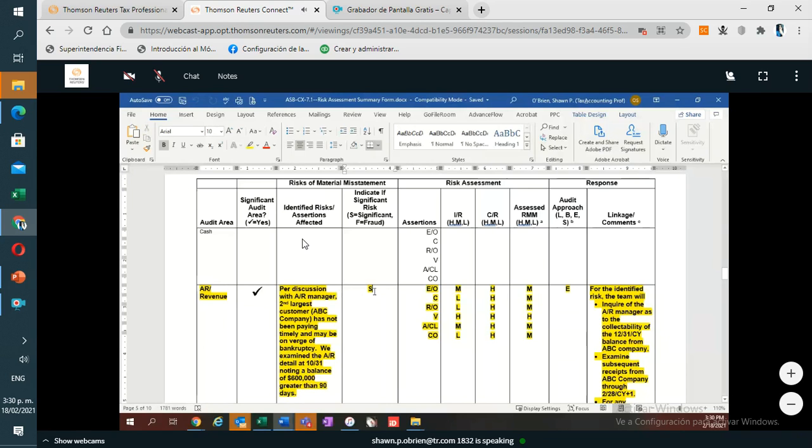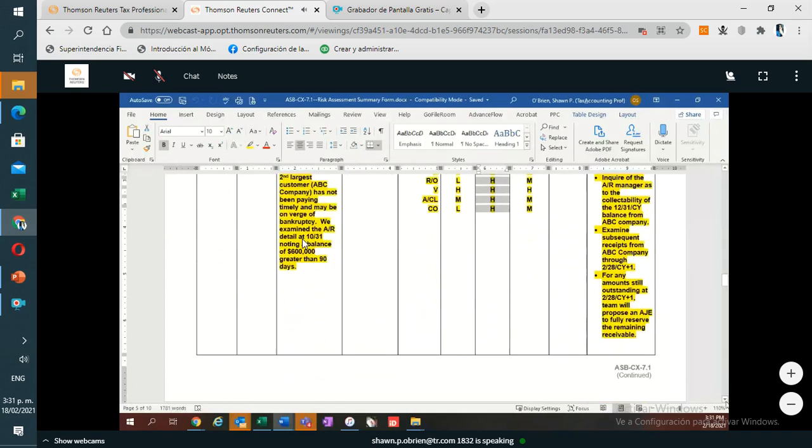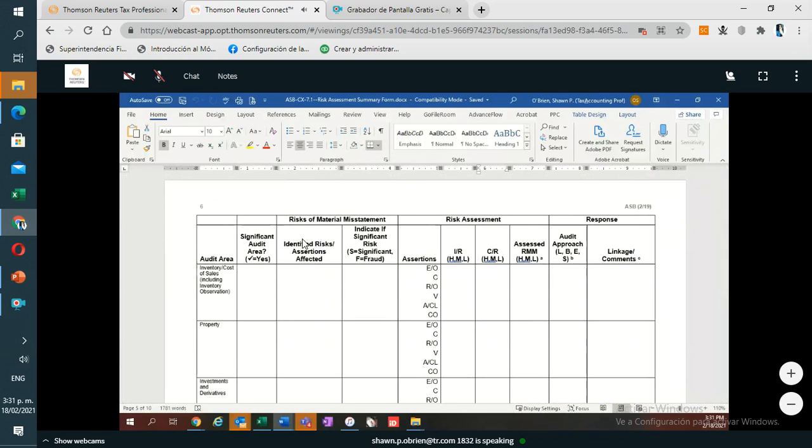We were able to push it down, so to speak, to accounts receivable and revenue, and probably push it down to valuation, which is why you see right here, we've deemed valuation to be high inherent risk. All the control risks are high because we're not testing controls in this area. And we've had some other assessments now. I think for purposes of the illustration, we did not provide you